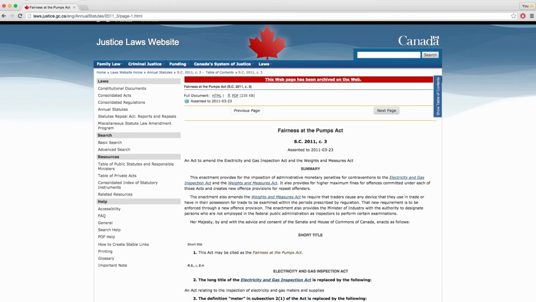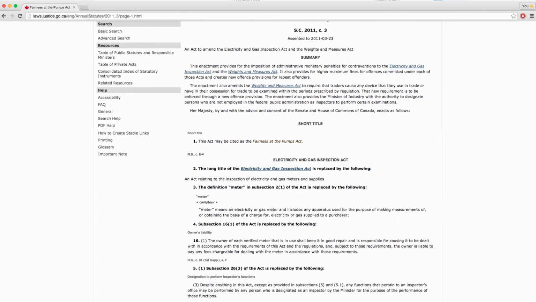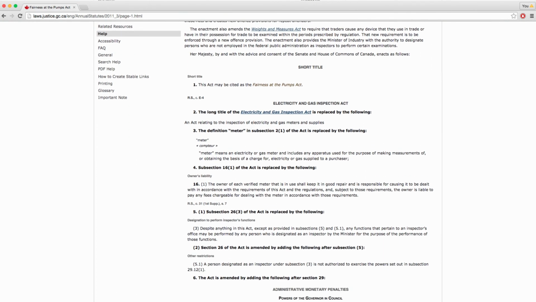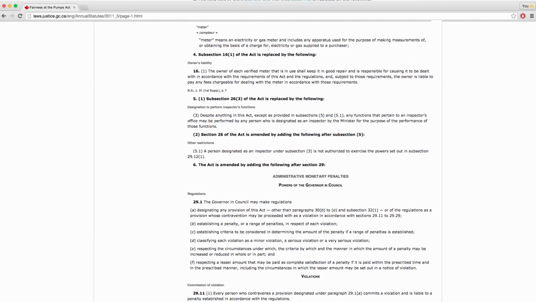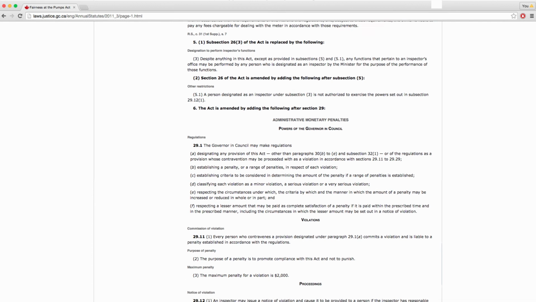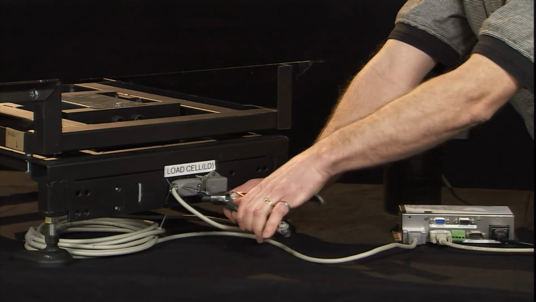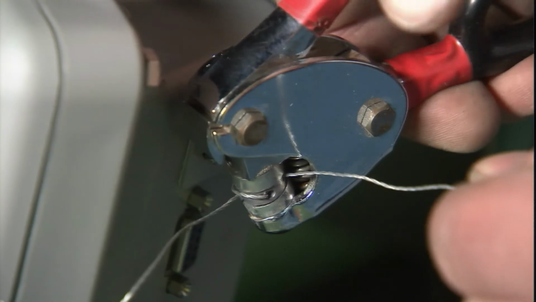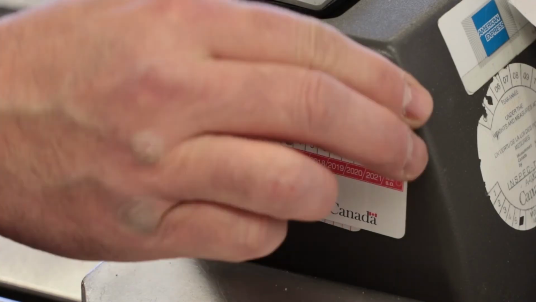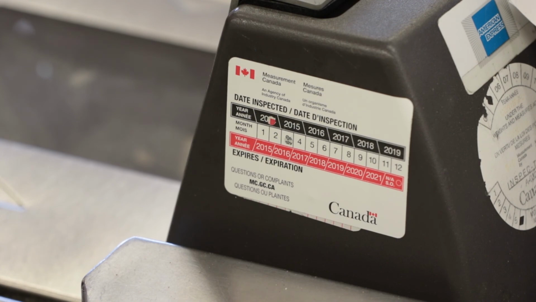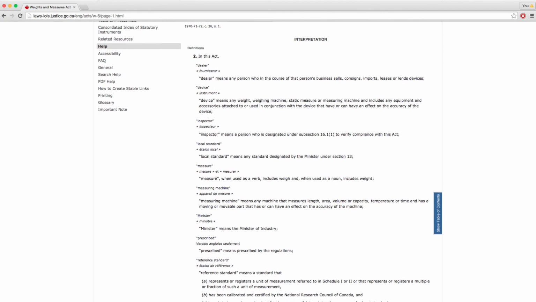The Fairness at the Pumps Act, or FAPA, was introduced on August 1, 2014, and includes several amendments to the Weights and Measures Act. All Measurement Canada inspectors and authorized service providers should familiarize themselves with these changes. A video training presentation can be ordered from the Measurement Canada website. Seals are an important part of examination, certification, and enforcement responsibilities. Your job is simply not complete until sealing is done according to the provisions of the Weights and Measures Act, its regulations, and the provisions of the Notice of Approval, or NOA.